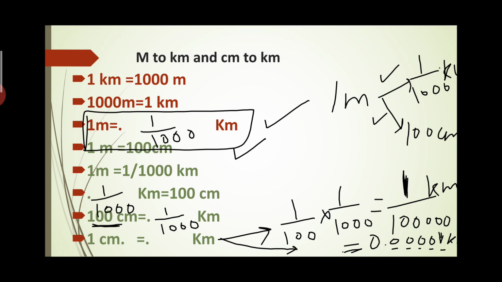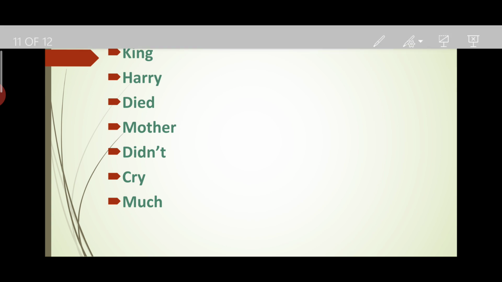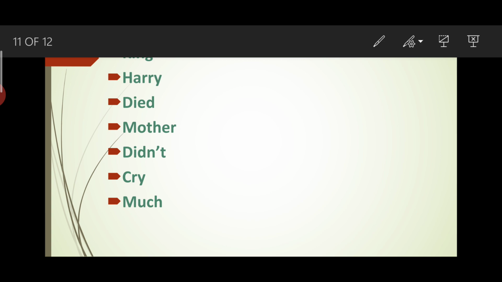Okay, now moving on, there is a simple method for your better understanding of how to convert kilometer, meter, centimeter and millimeter into each other. This is the general formula: King Henry died, mother didn't cry much. So you have to learn this formula. Here I have written King. King means kilometer. Harry, in Harry, H means hectometer. Died, in died, D means